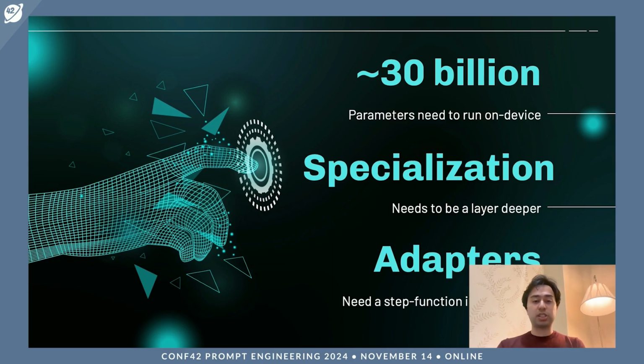Models need to be more specialized. So like we saw, CodeQuinn absolutely outperformed Llama 3.1 8 billion, despite having a similar number of parameters, just because it was coding specific. You can go one level deeper. You can make it Python specific instead of coding in general, and that might be even better.